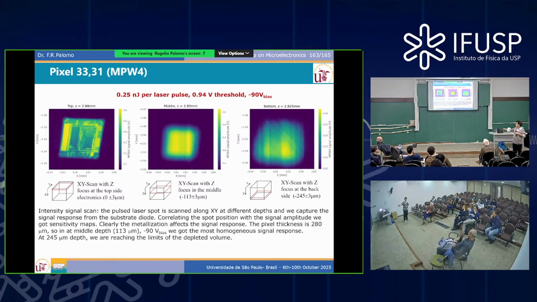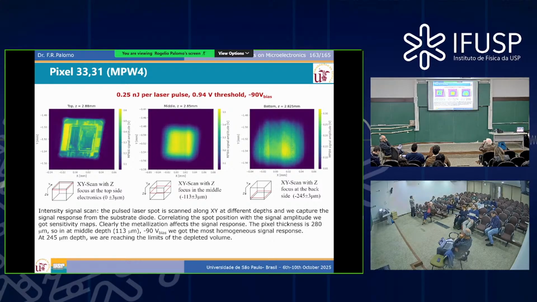Those shadows, these images are showing the quality of the electric field at different depths. Obviously, if you are near the electronics, the quality of your electric field is negligible because you are not in the detector, so you see shadows. This is not an optical image. This is a combination of the XY position of the laser, the XYZ position of the focal point, plus the amplitude of the signal